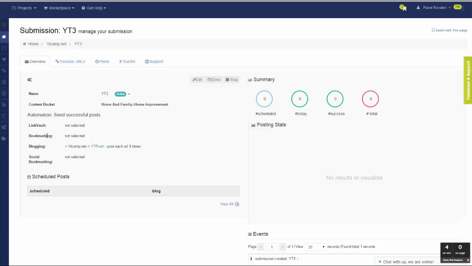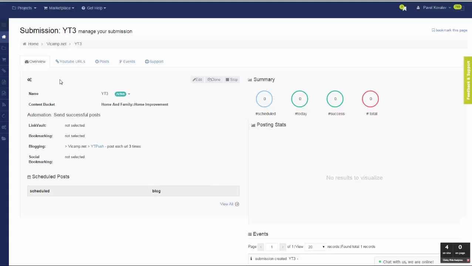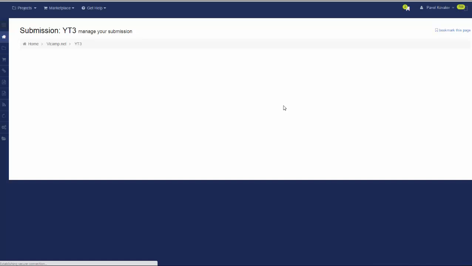And once the post is made, it will be sending those posts for backlinking on the YouTube push submission up to 3 times. If I go back to the diagram, that will be exactly this scenario.